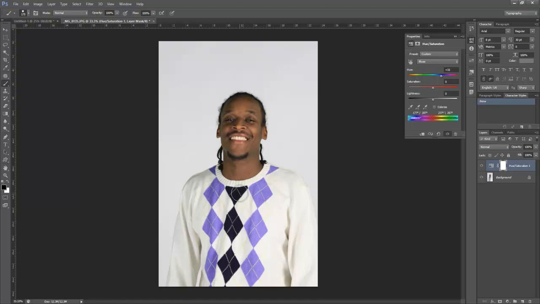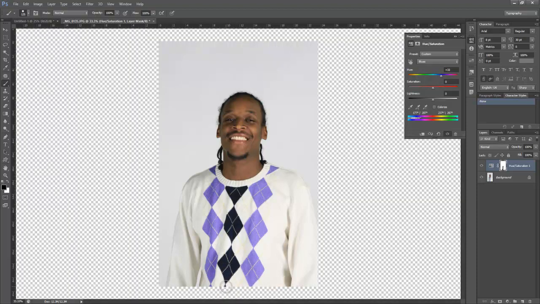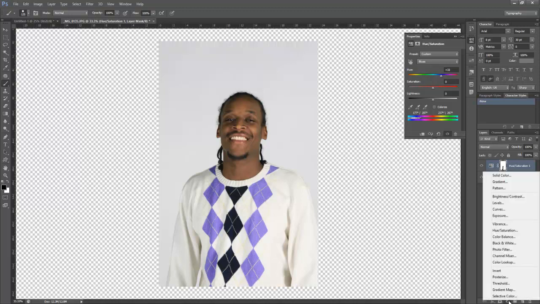Right? So I'm coming in here, and I'm only painting back the colors in this area, because I don't want this area to be messed with quite yet. So now I'm gonna create a new hue adjustment layer,